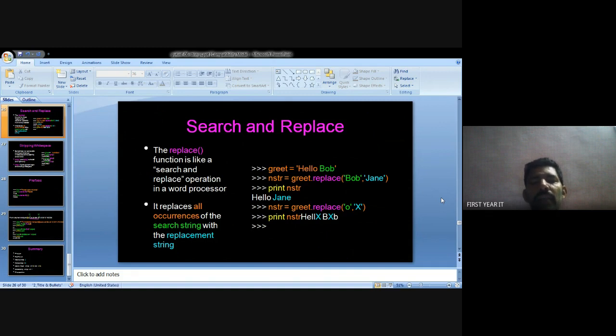Next example, nstr equals greet dot replace o with x. So o will be changed to x, and print nstr gives the changed result with x values. This is called string functions.